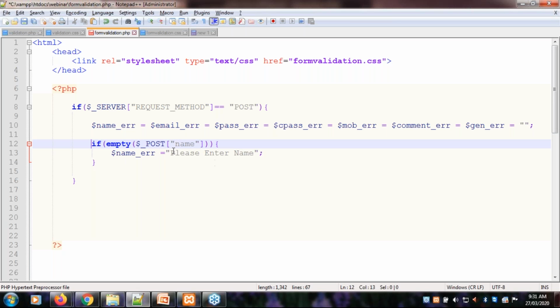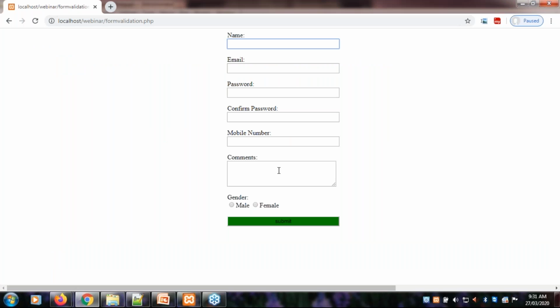And then if $_POST name is empty, then you have to display the name error, right? Now, where to display the error? Suppose I have already validated the first name, and I want an error message like enter name.